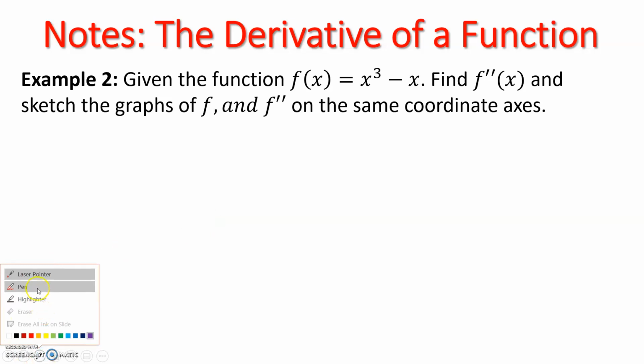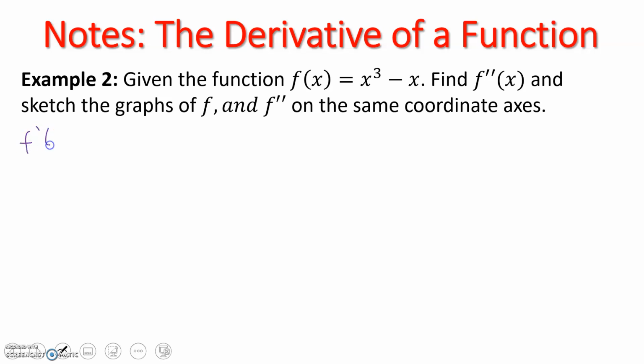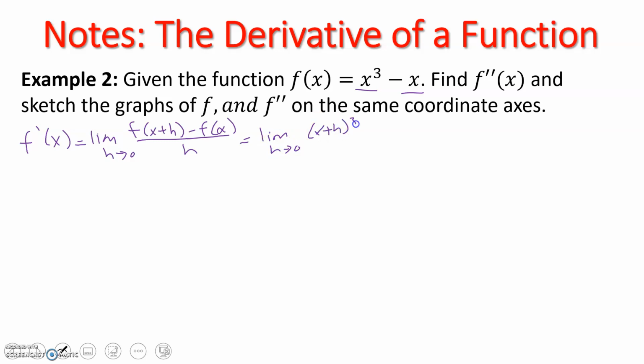Find f double prime of x. Okay, now in order to do this, we need to first find f prime of x. So we know that f prime of x is equal to the limit as h approaches 0 of f of x plus h minus f of x over h. Plugging that into our function, we get the limit as h approaches 0 of x plus h cubed